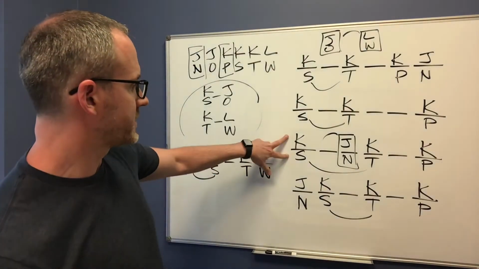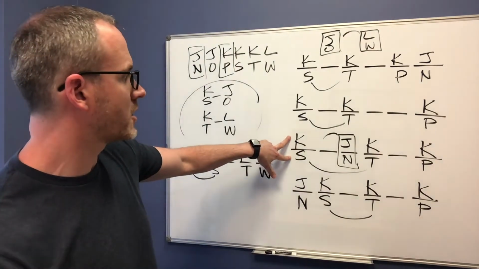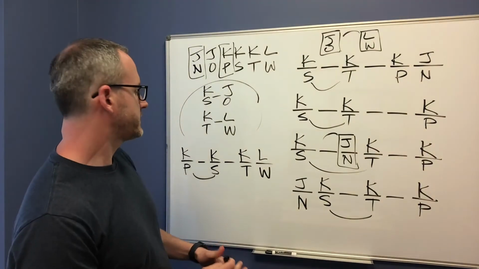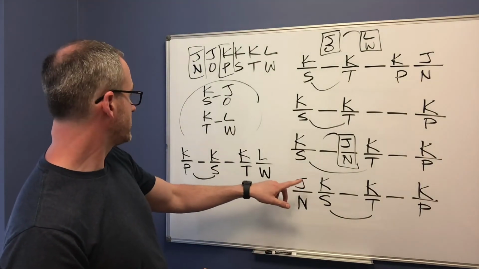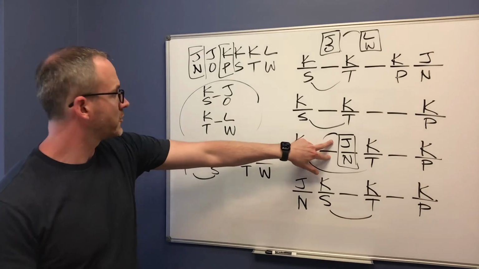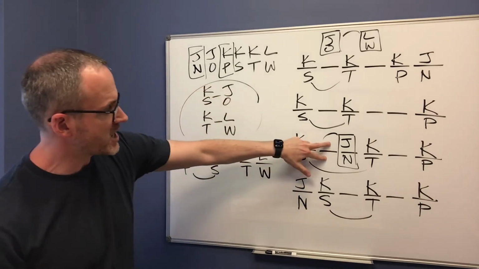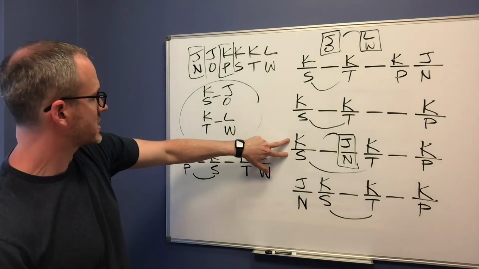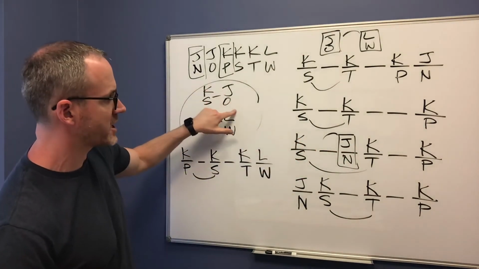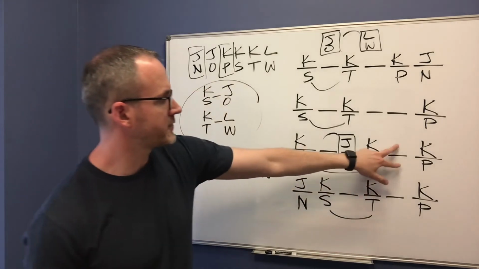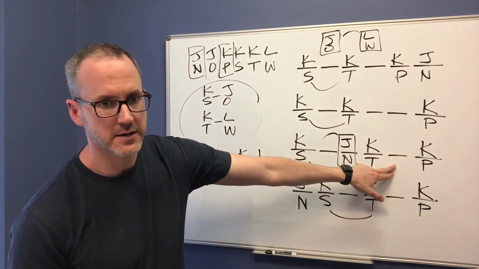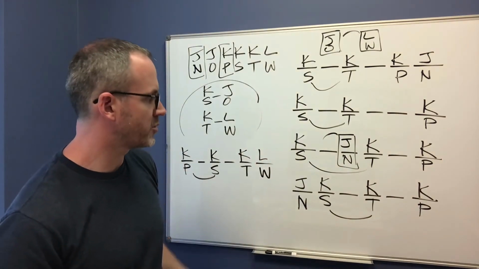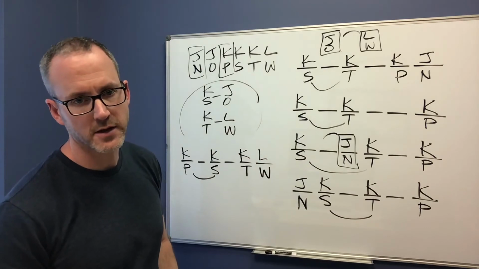Yeah, so this world, right, is the only place where J could go in second and third. Let's take a look here. So what do we need? If we have both J's here, then we'd have JO and JN. You cool with that? And that would force KS to go here, because KS has to come before JO. And then LW would come after the KT. And that could work, because we could have both the J's in 2 and 3.